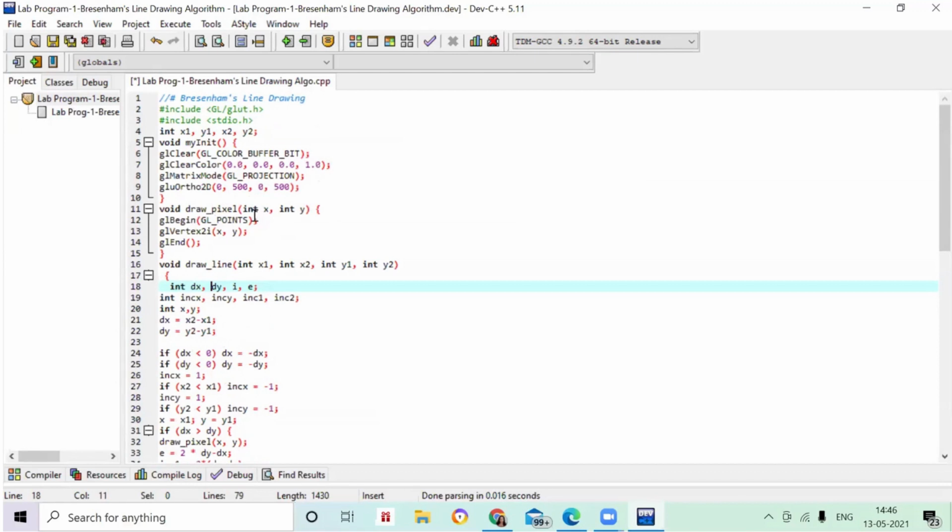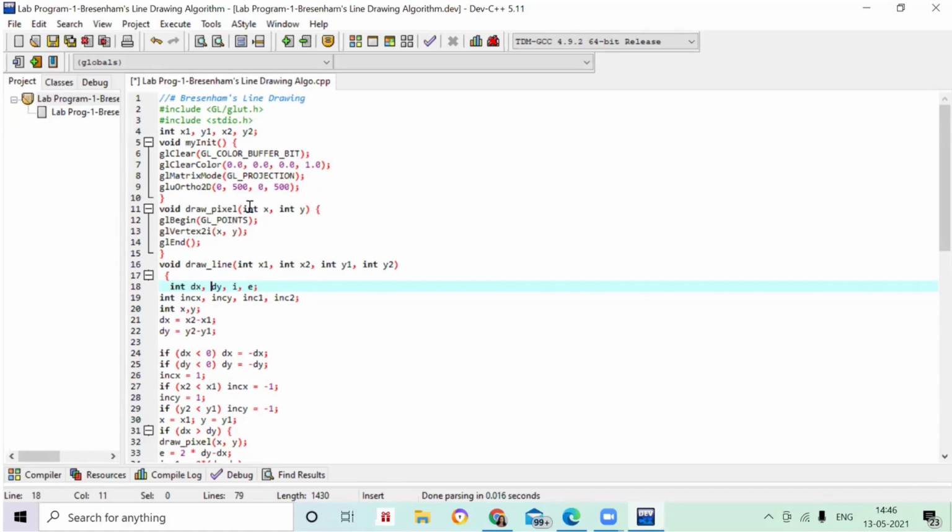What are the variables I have given here? x and y. Okay, so this is going to plot your points. So I have to use GL_POINTS. Then you are going to use glVertex2; you know how to write these points. With GL_POINTS, glBegin starts it and it ends with glEnd, and there will be a vertex point, that will be x comma y.